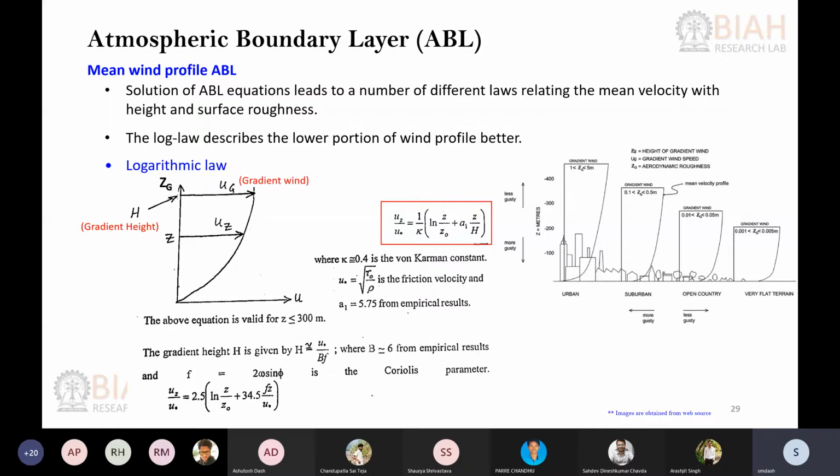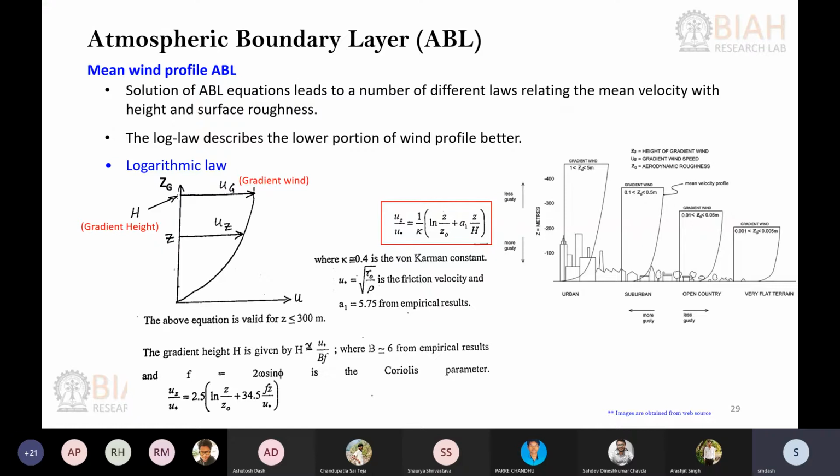Okay, so we were discussing one of the velocity profiles that suitably defines the atmospheric boundary layer. We have seen the governing equations for the atmospheric boundary layer, and we saw that those equations are quite difficult to solve analytically. Rather, we cannot close the system because we have a lot more variables than available equations. So we then found that there are a few empirical relationships that define the velocity profile and suitably satisfy those boundary layer equations.